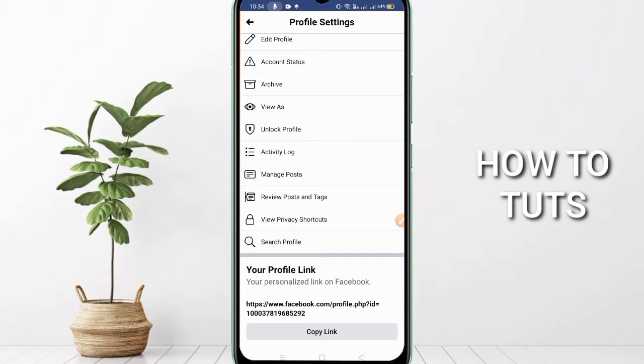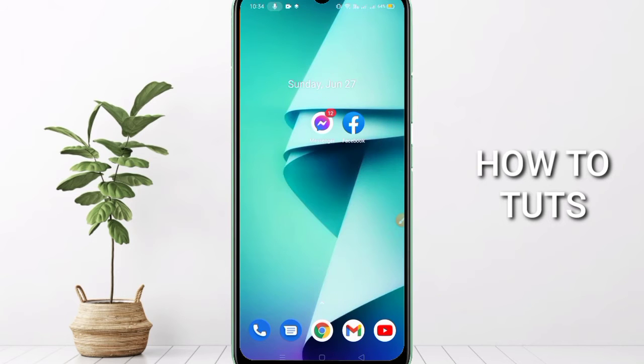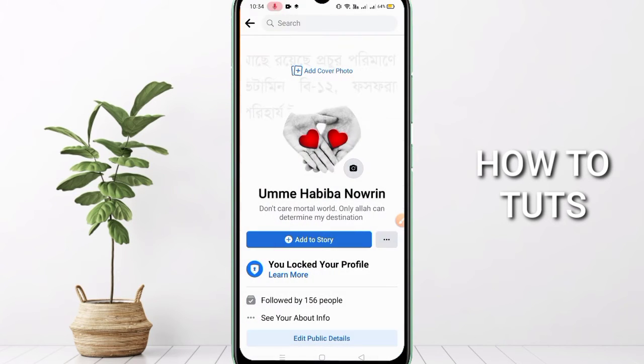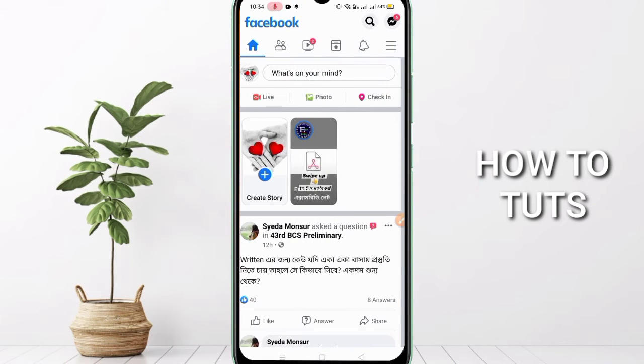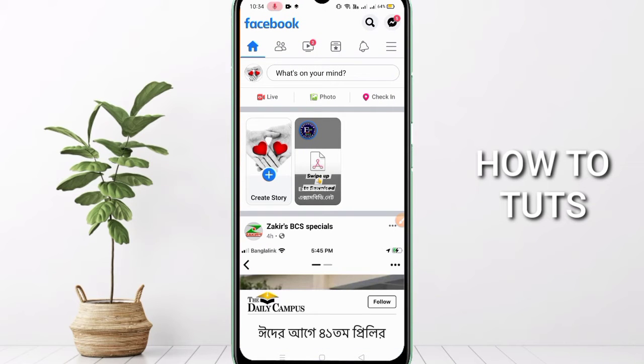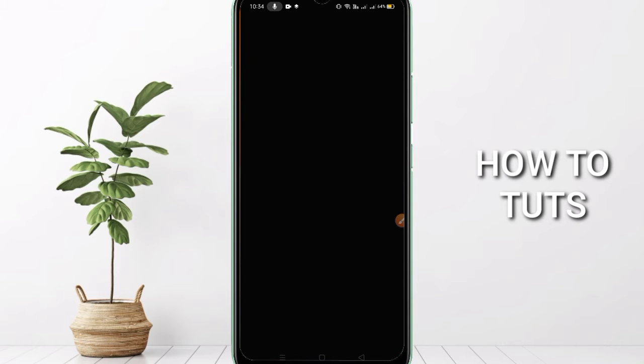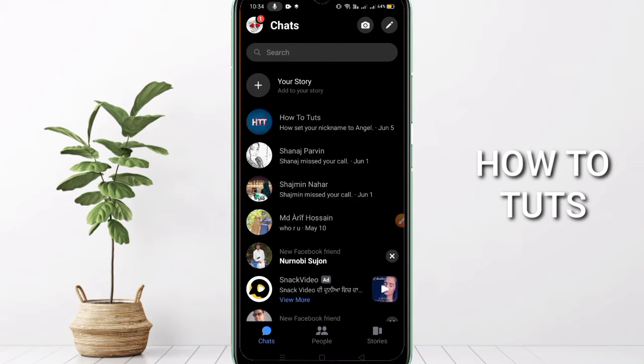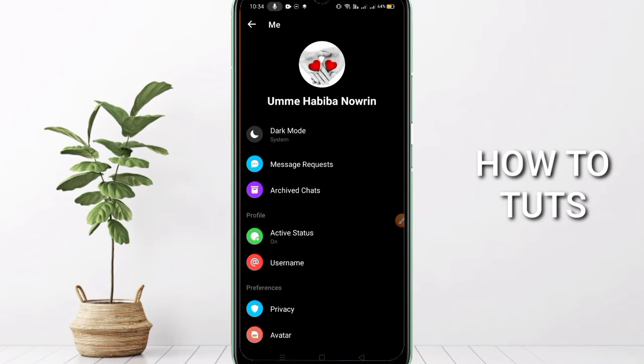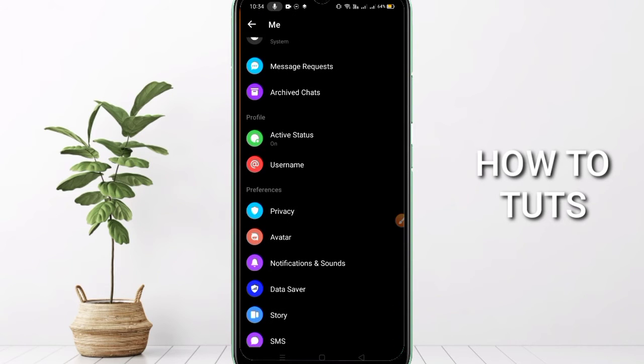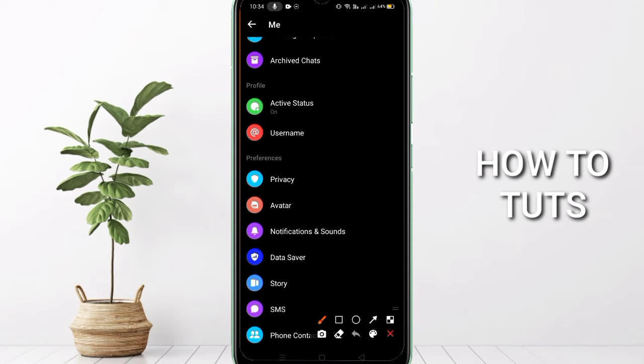Okay, so we have to open Messenger. You can change it on Messenger. So click the Messenger icon here, and after that we have to go to the option here, you can see this one, right? Click on this, and after that scroll down a little bit, then we'll get the option here, you can see the option username,